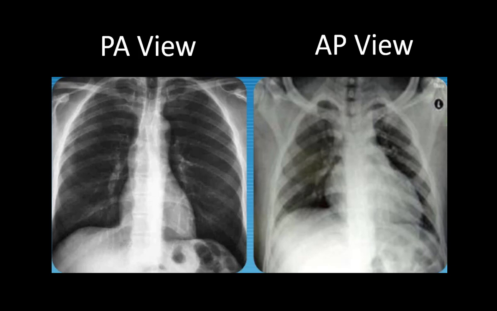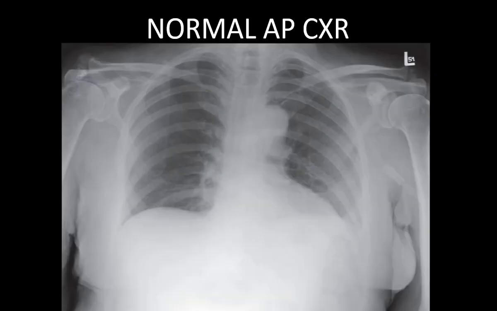The scapula obscure the lung views because it is difficult to rotate the scapula laterally. You see little horizontal alignment of the ribs, and you will see some interstitial infiltrates also because of the underinflation of the lungs in supine position. So this is how a normal AP chest X-ray looks.